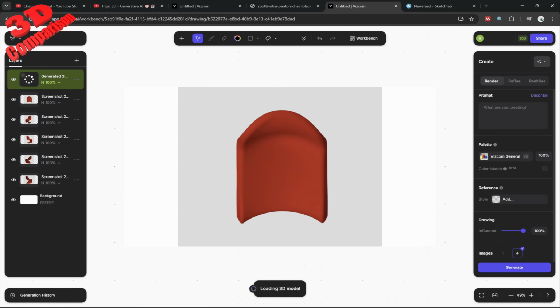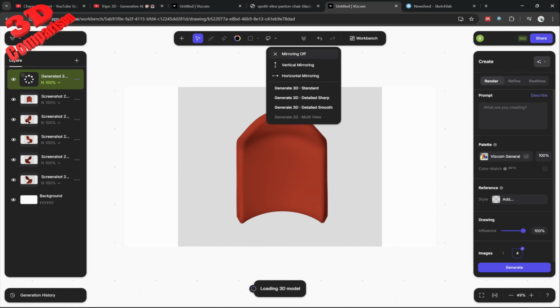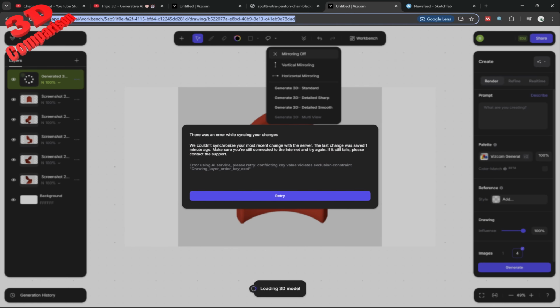Let's see the output. In this case we see that all of those images are overlapped and we're going to see how that model will look. Keep in mind that when we generate the 3D model, we cannot choose between standard, detail or sharp. From my experience, I've seen that with sharp, usually we have some better details, but that depends on the model. Since this Panton chair has a lot of curvatures, I think that detail smooth would actually give us the better